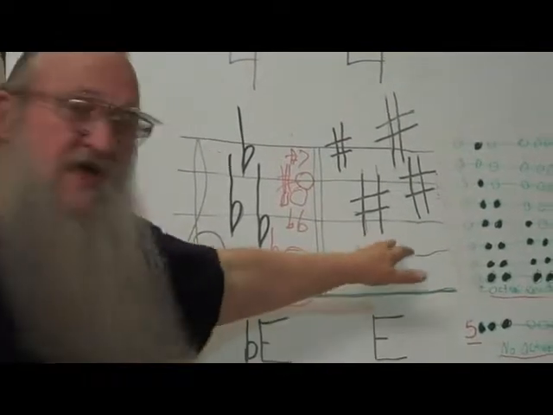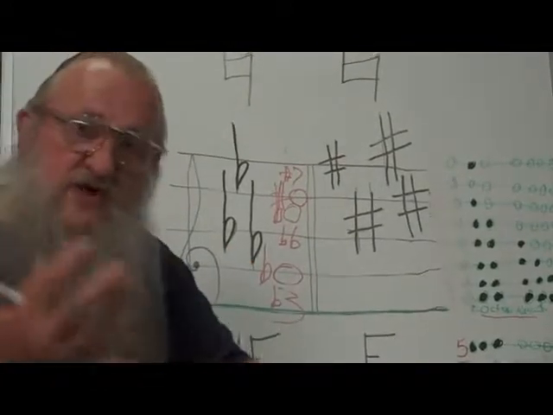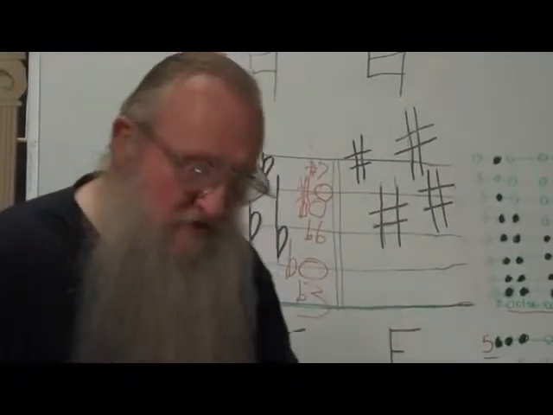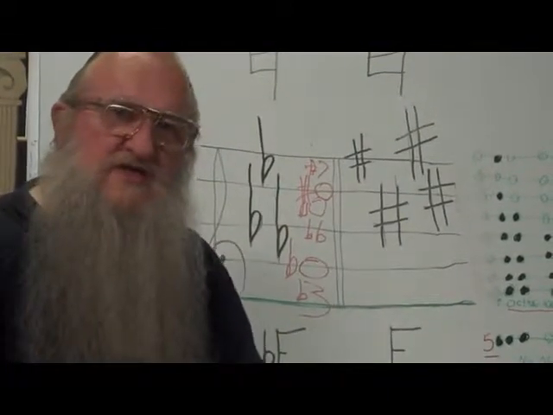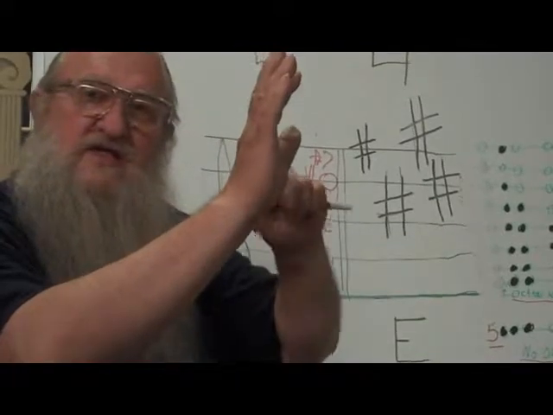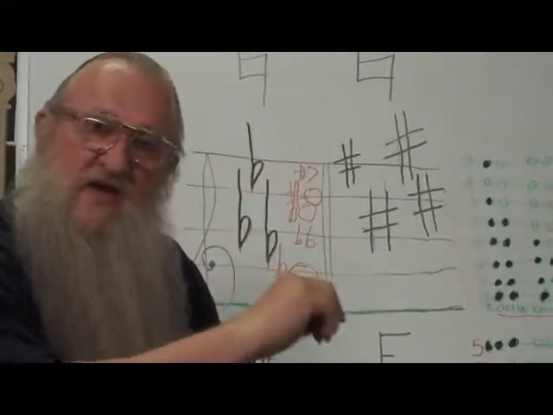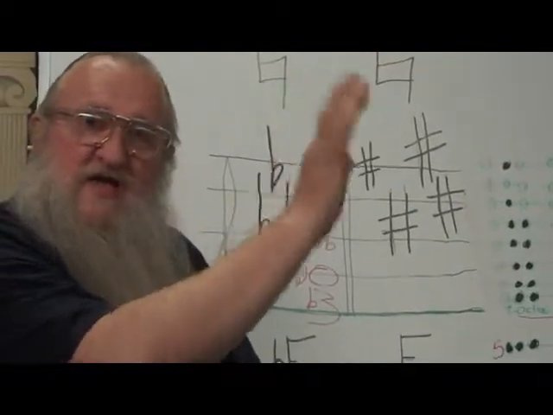Now over here, same thing. In the key of E, if sharps come up, we use the sharps. If flats come up, we use the flats. Another thing to know about this is if a sharp or flat comes up in a piece of music, let's say in the right hand, it does not affect the same named note in the left hand. If I have a B and they put a flat on it,